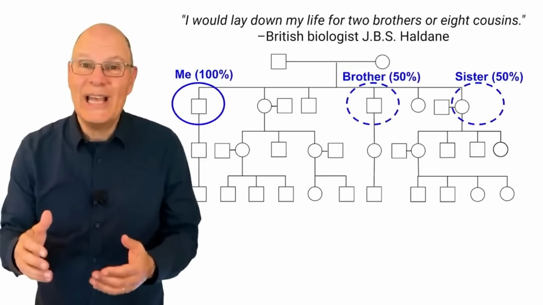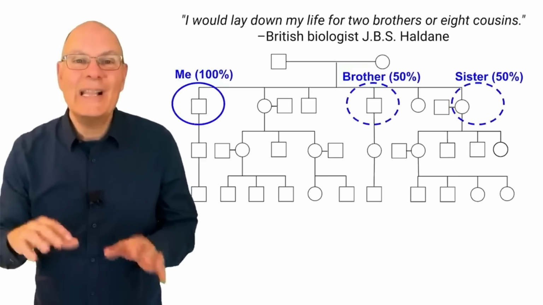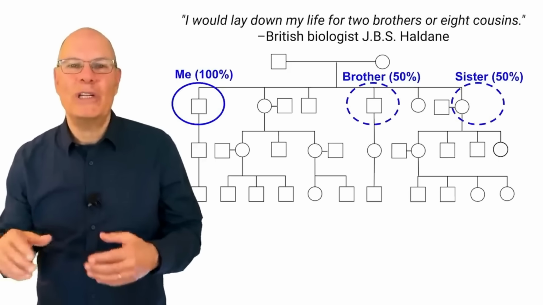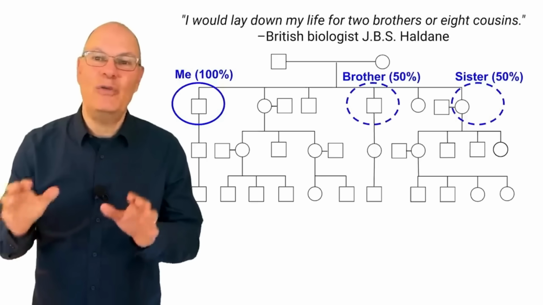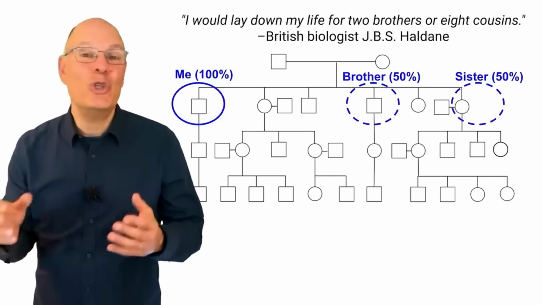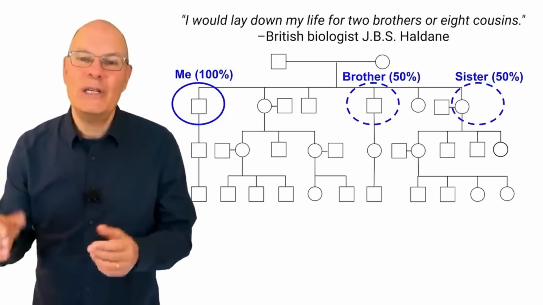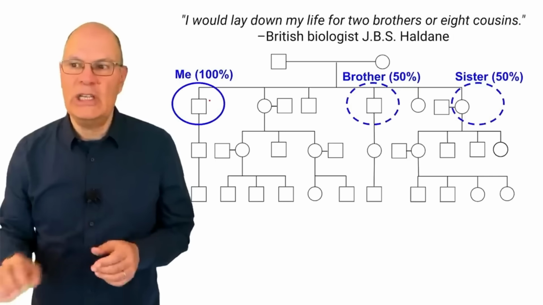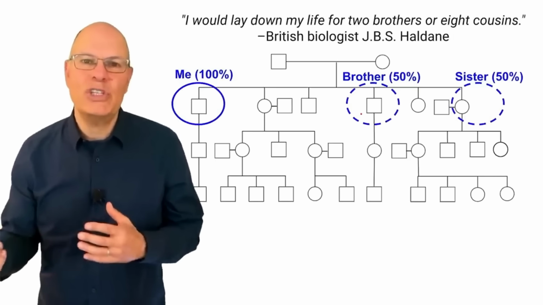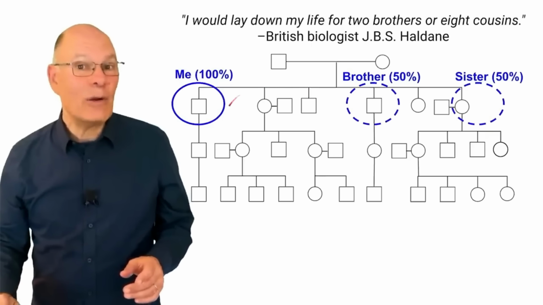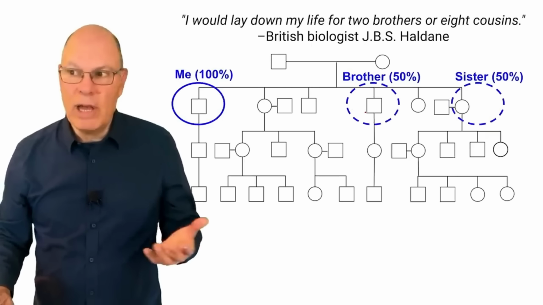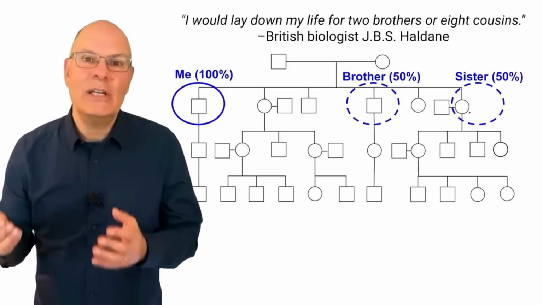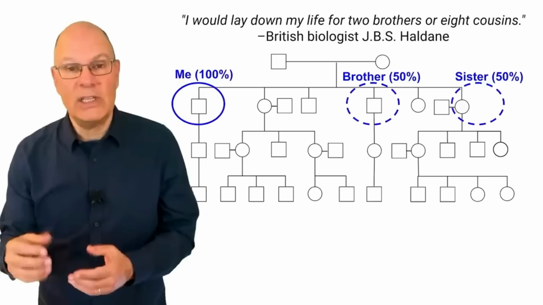The idea of kin selection and inclusive fitness was cleverly captured by the British biologist J.B.S. Haldane, a very important evolutionary thinker of the 1900s, who famously said, "I would lay down my life for 2 brothers or 8 cousins." What did Haldane mean? Well, here's me. I obviously have 100% of my genes, but my siblings have 50% of my genes. So if I sacrifice myself and thereby allow my brother and sister to continue living and passing on my genes, it's an even trade. So it makes sense to sacrifice myself for 2